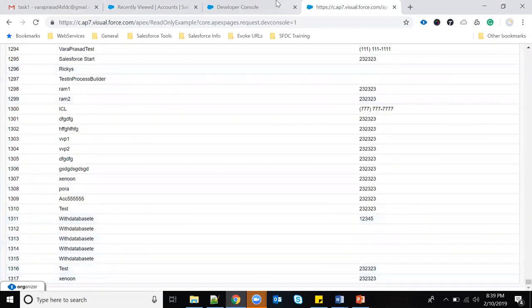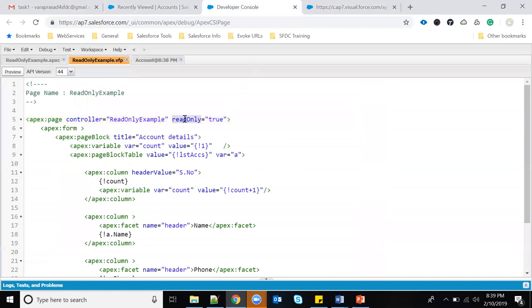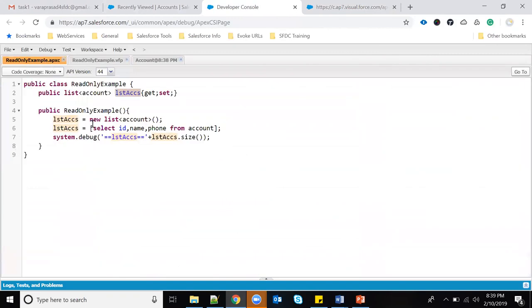Once we specify readOnly equal to true on the apex:page tag, Salesforce supports retrieving more than 50,000 records in the query, and we can query a maximum of 1 million records.